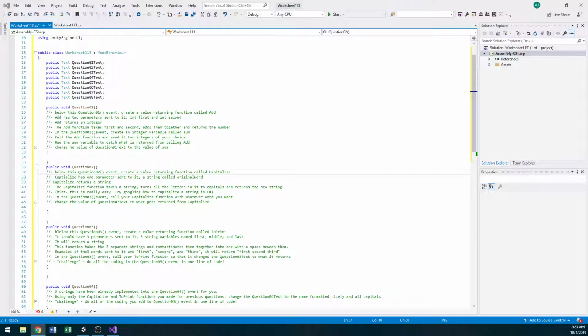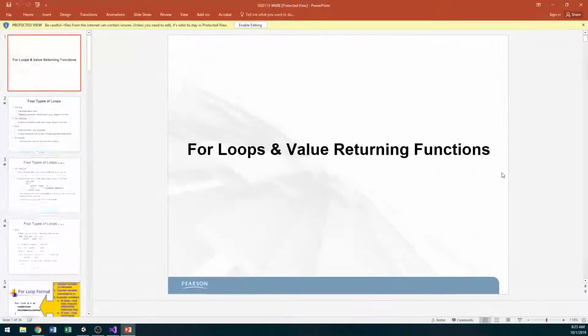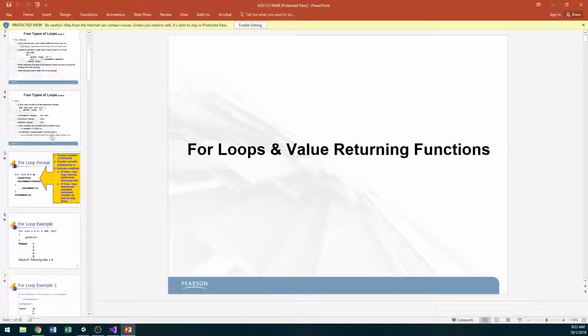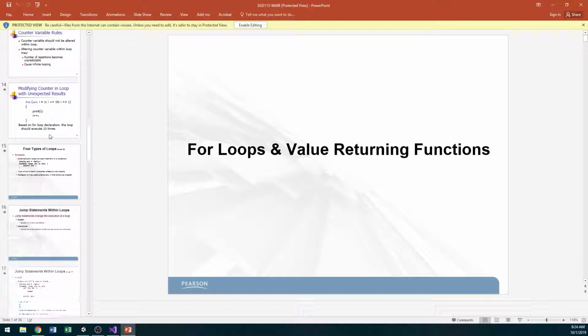And let me see if I can grab, it's not in there. Where is that? Let me go to the, sorry, I'm looking for a resource. Let's go to PowerPoints. We used to do these in the same week, so the PowerPoint is kind of comboed with another topic. But we do have a for loops and value returning functions. Don't worry about the for loops yet, but if we scroll down,